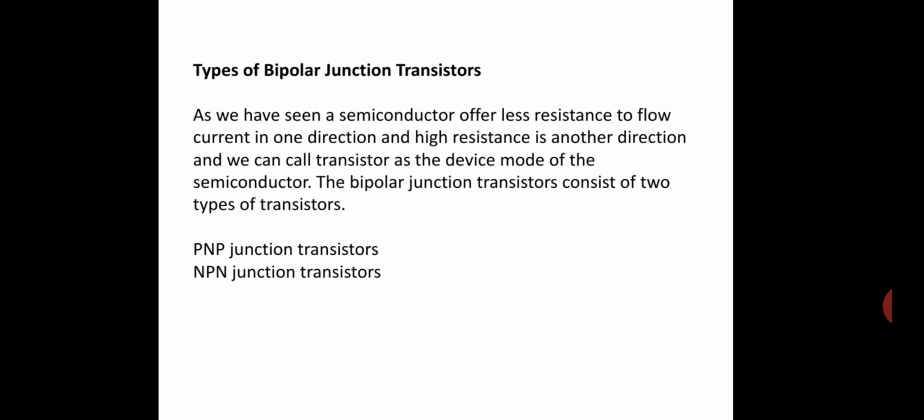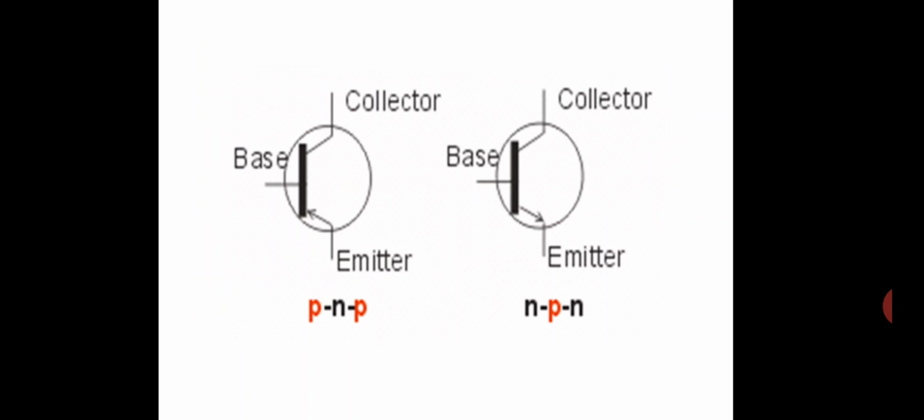The construction and circuit symbol for both the PNP and NPN bipolar transistor are shown, with the arrow in the circuit symbol always showing the direction of conventional current flow between the base terminal and its emitter terminal. The direction of the arrow always points from the positive P type region to the negative N type region for both transistor types, exactly the same as for the standard diode symbol.